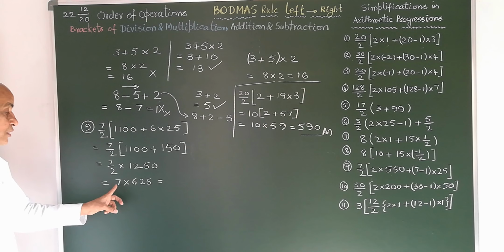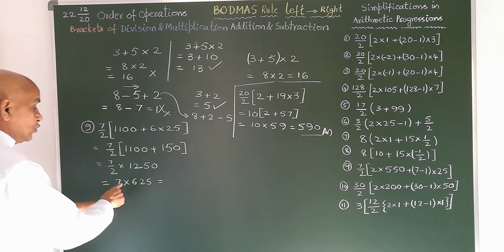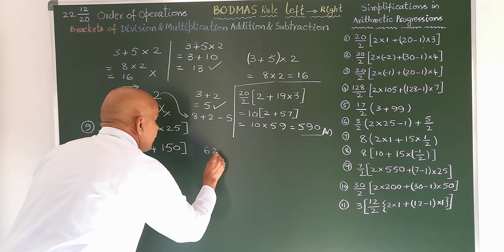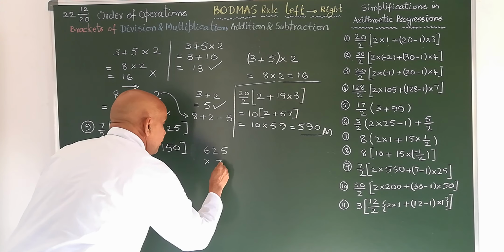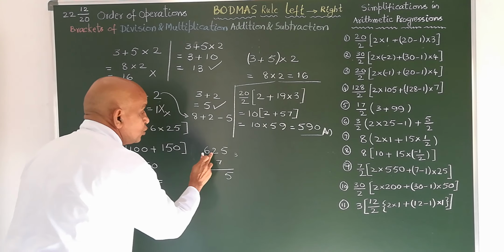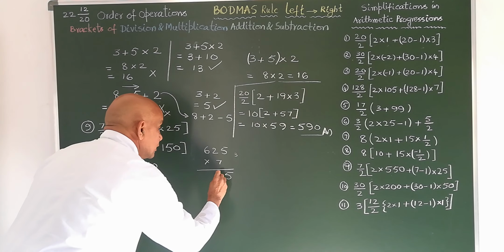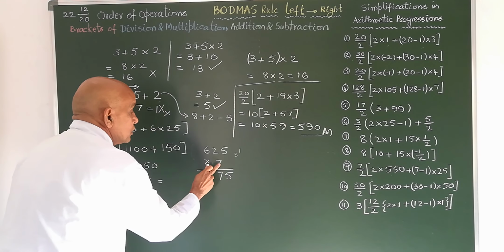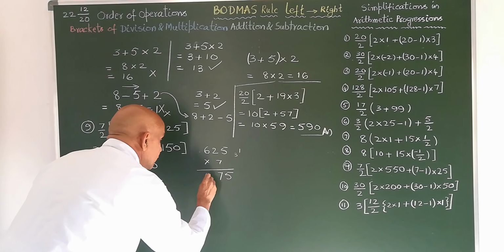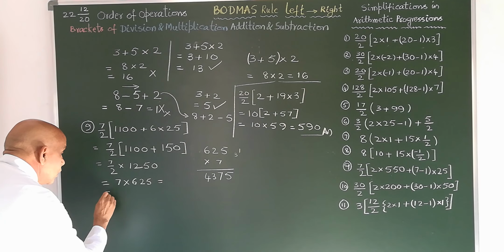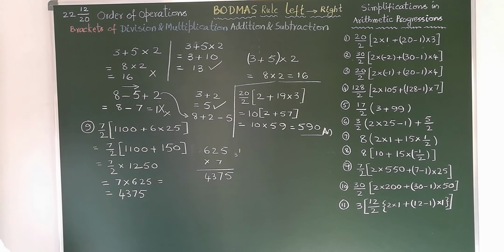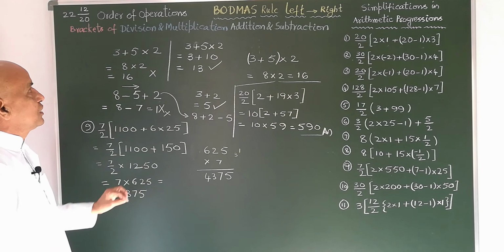So now this is multiplied with 7. So 7 5s, ordinary usual multiplication you can do. So 625 into 7. 7 5s are 35. 7 2s are 14 plus 3, 17. 7 6s are 42 plus 1, 43. 4375. So dear children, I will sum up once again.